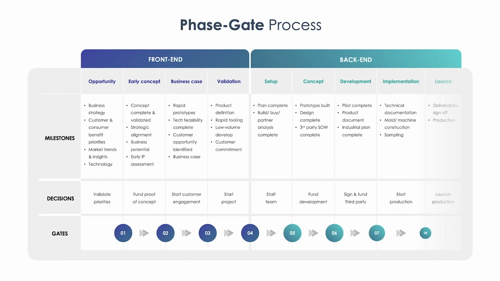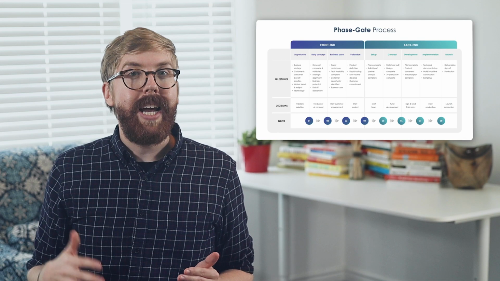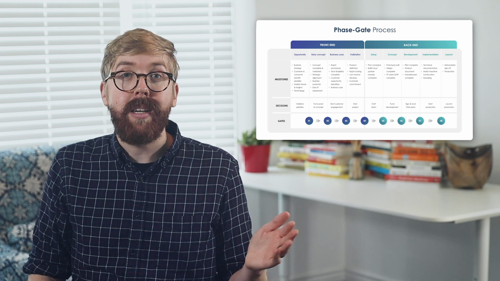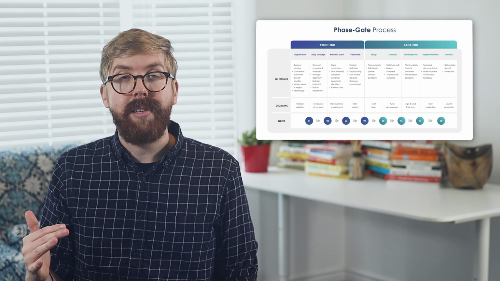To use the Phasegate framework, follow the process outlined on the slide to take any innovation and transformation from ideation to launch. Between each phase, key milestones have to be hit to validate central priorities. Then, a decision is posed to either move forward or stay by the team manager. Once you pass through your business case and validate stages, you can enter the back-end phases that are all about development and launch. Implement this successfully to turn any idea into reality, or save countless headaches developing something all the way to production that shouldn't have even made it past the first phase.